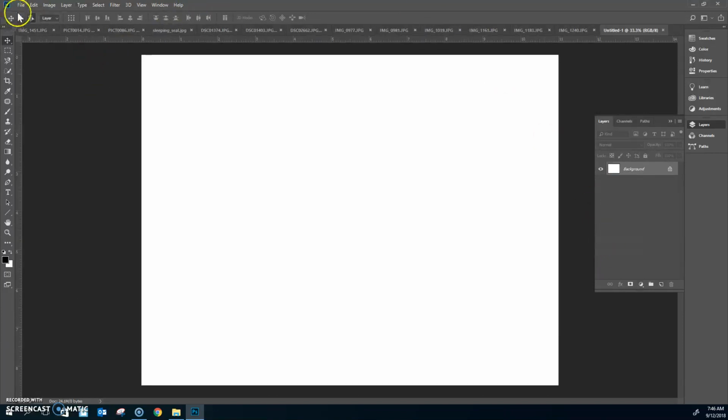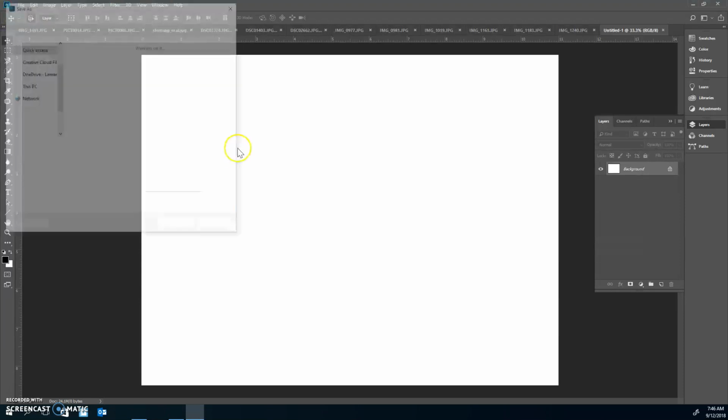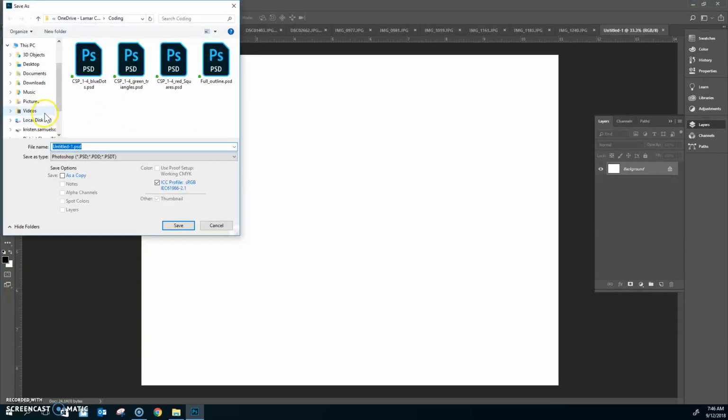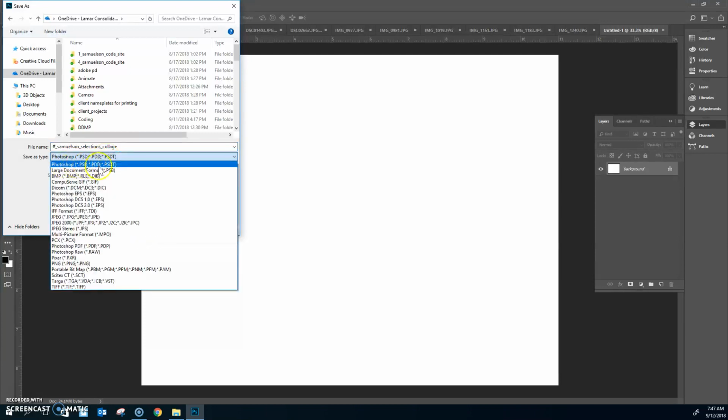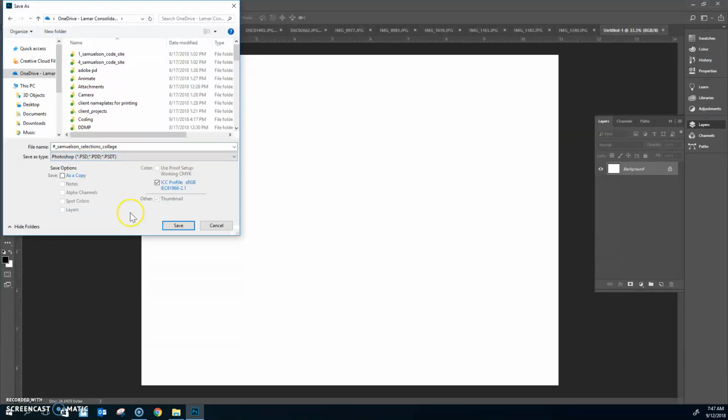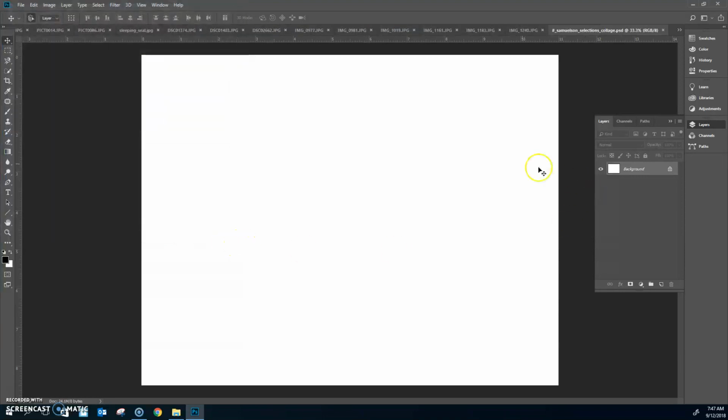So at this point, what I want to do is go ahead and save it into my OneDrive so that I can simply do quick saves as I go. So remember, it's going to be your period number, underscore, your last name, underscore, the name of the assignment, which is going to be Selections, Collage. It's going to be a PSD, a Photoshop file. That's the first one on the list. And then hit save. Okay, so what we're using here are our selection tools, and I'm going to show you